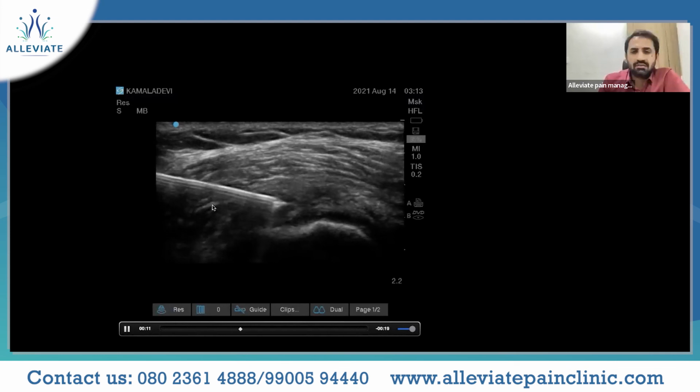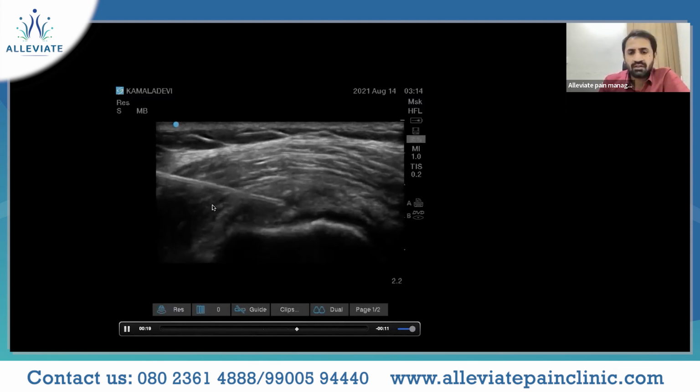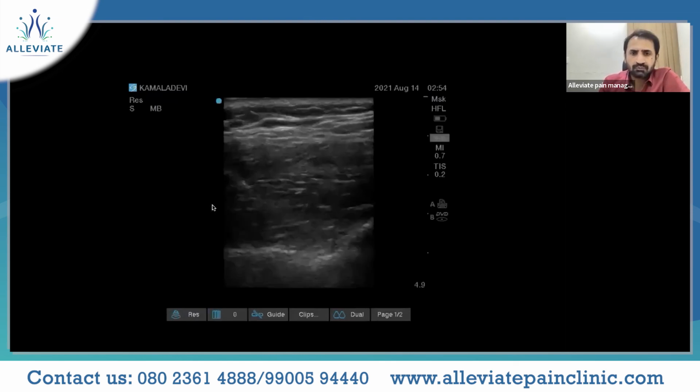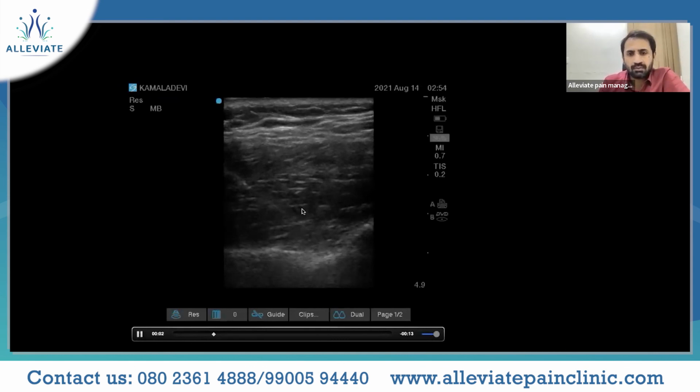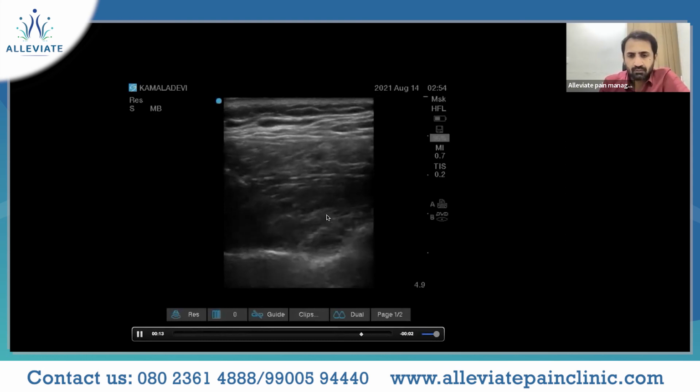So it has to be done very slowly, and needling has to be done a little bit at a time. Depositing only in one area might not help, and it has to be done very slowly because it's quite a painful procedure. This is again a suprascapular nerve block. You can see the needle, because the needle is not parallel here, you will not be able to visualize it very clearly. This is the notch where you can see the spread. We usually give this prior to your